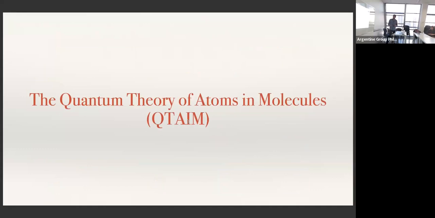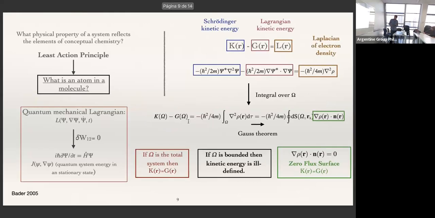Well, now I'm going to present the quantum theory of atoms in molecules. In this case, I am following Richard Bader, the main developer of QTAIM. Well, in a series of papers, Bader poses this question: what physical property of a system reflects the elements of conceptual chemistry? Bader responds that